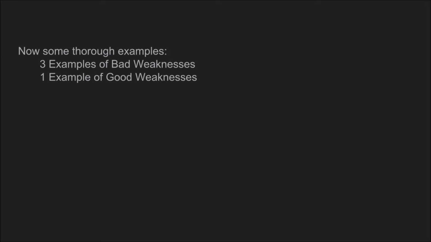Because when it comes to weaknesses, there are 3 ways to screw it up, and only one way to get it right. This time, I'm going to start with the 3 bad examples, and end with the right way to implement weakness in your characters. I'm also going to stick to goofball comedies here, because these are the types of movies that usually don't implement character weakness as well. This is mostly because goofball comedies can't implement the strong, compelling weakness in the protagonist while